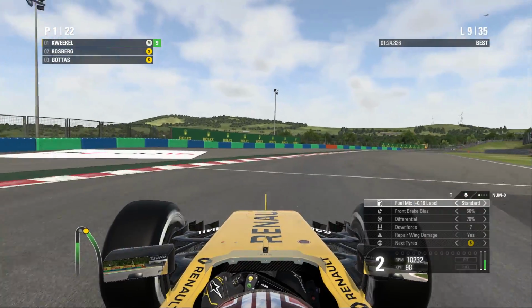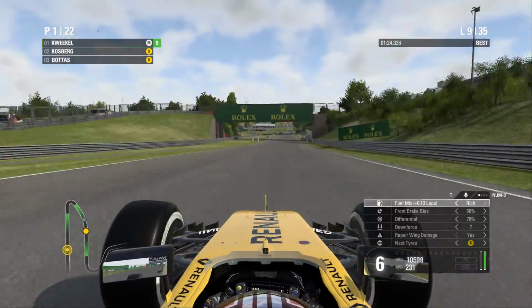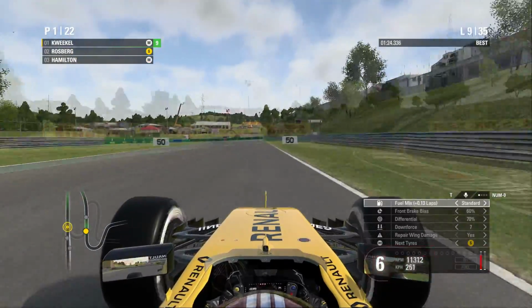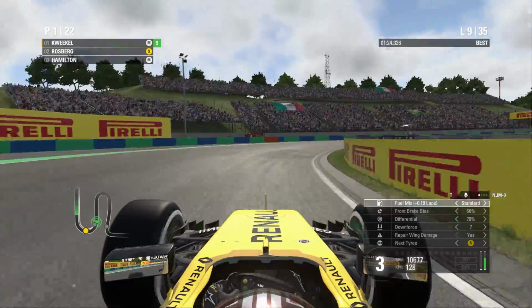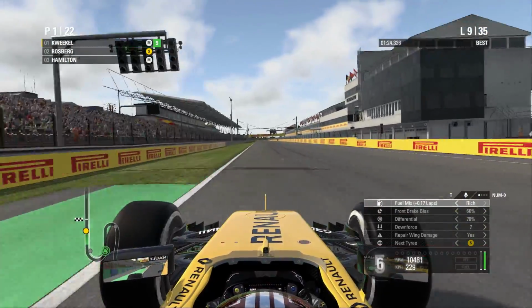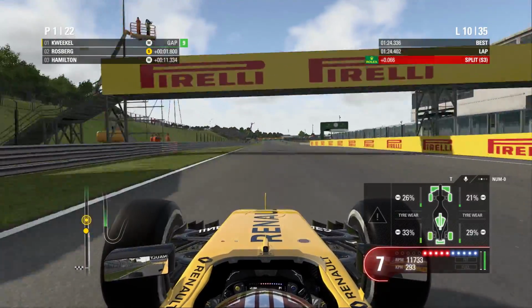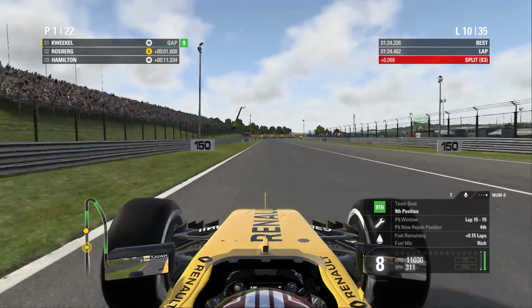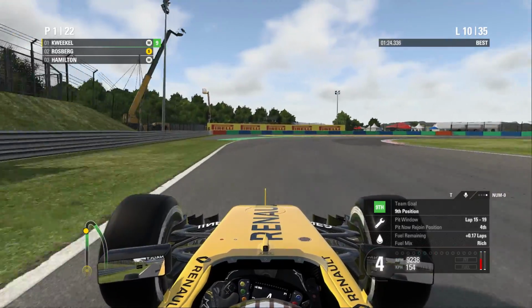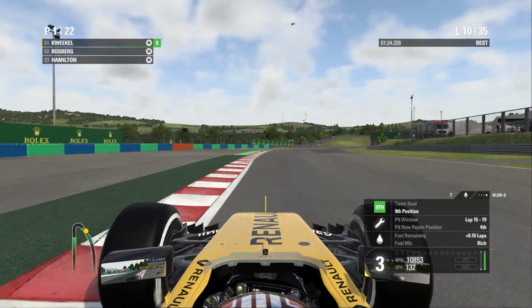It's lap 9, and the gap to Rosberg is extending, and this is fantastic news. And this again proves the theory that we have got decent pace. Rosberg is pitting. We are setting a 1:24.4. Now keep an eye out on the lap times over the remainder of this stint, because